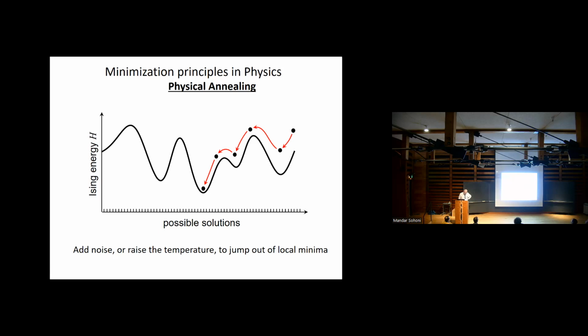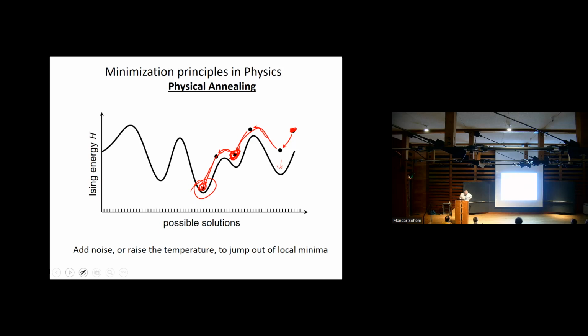So what you have is a system that starts out here, falls into a minimum, then somehow gets out of the minimum. It's a local minimum, goes into another local minimum, and then finally finds a global minimum. And this is basically the second law of thermodynamics: everything tries to go to the lowest energy level. It gives up its energy and just falls into this lowest level. Nobody uses this, and I was very puzzled by that.